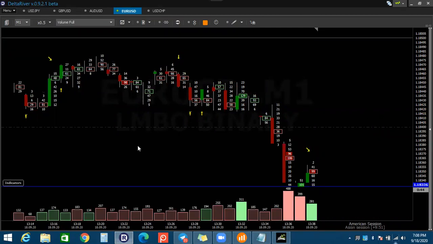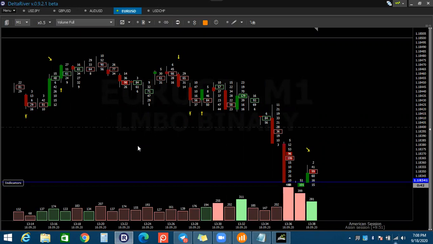How to analyze the market? Because today is Friday and you have 2 days of weekend, this market will not open. So you need to open the Delta River and record the screen. You will record the screen for 3 hours. Your video will be recorded, and on Saturday and Sunday you just watch that video and practice on that record. So you need to record your screen for more than 2 or 3 hours. Okay.